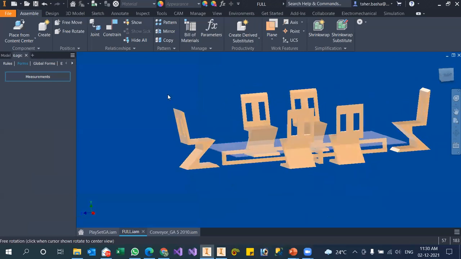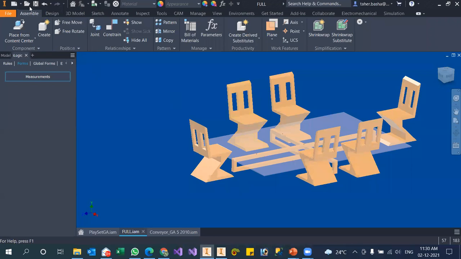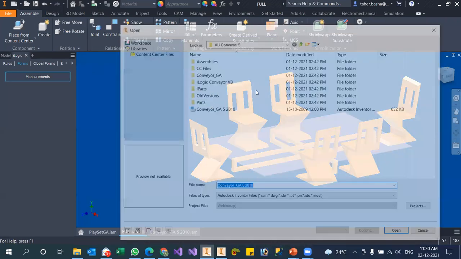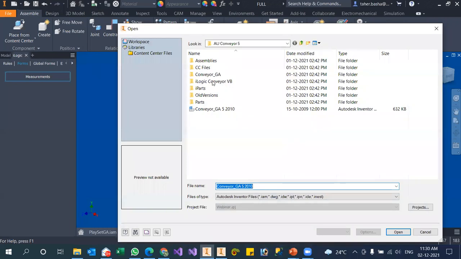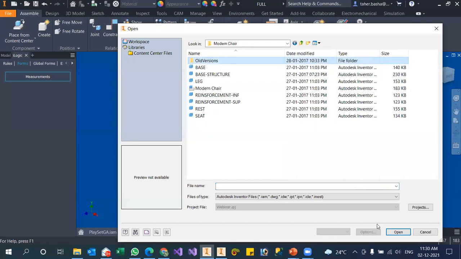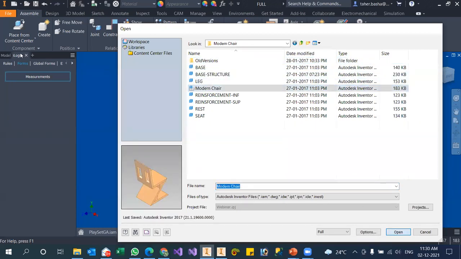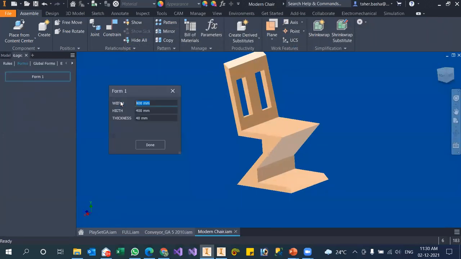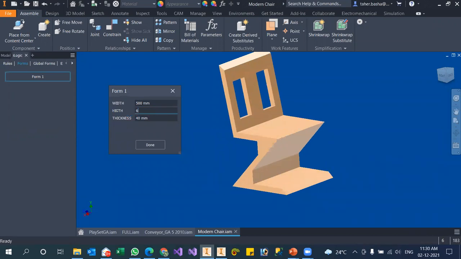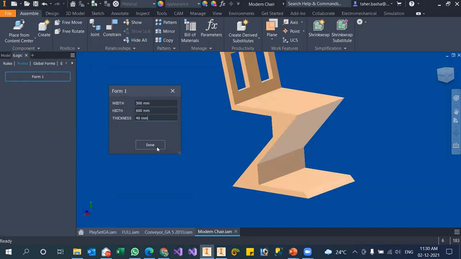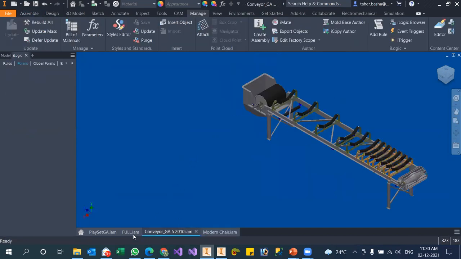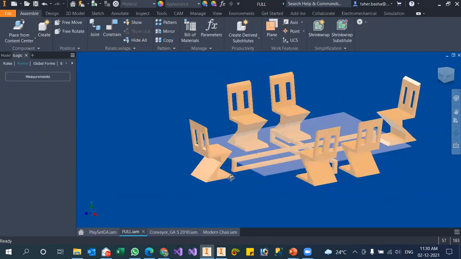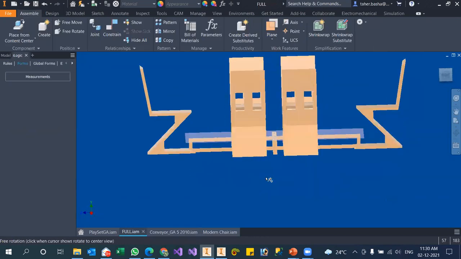And when you talk about the chairs, like how we can change the chair sizes and all, you can create one more logic for that. I have already created that. Let me go into the chair model. Yeah, I have one separate chair model. If I want to make changes in that, simply I can go for width. I want like 500, height I want like 600, and thickness let it be 40. So you can quickly have this chair done. When you update, the chair will also get updated in this area.